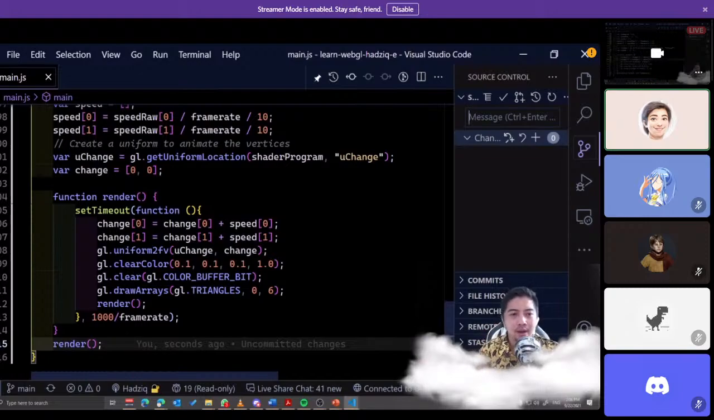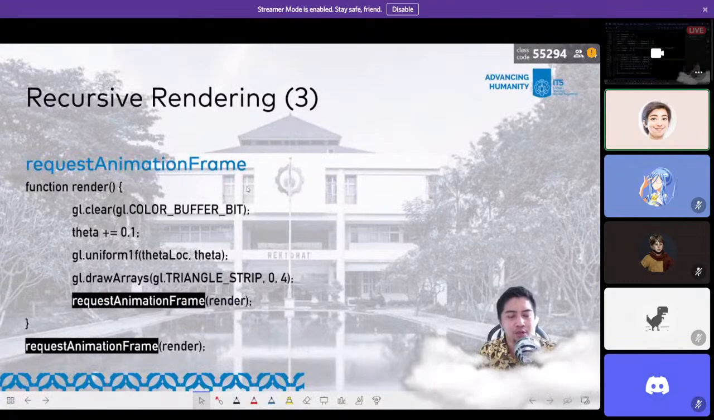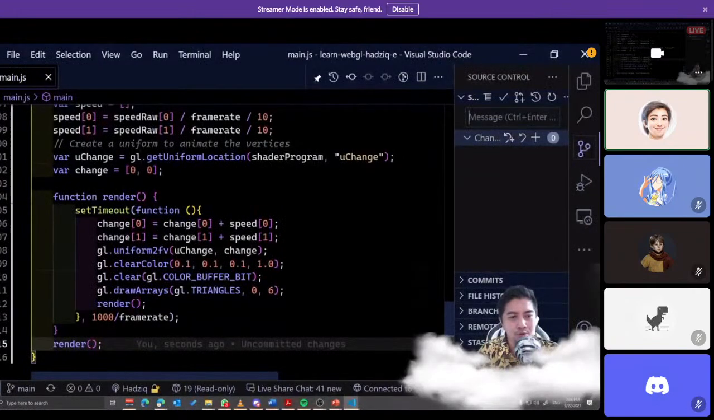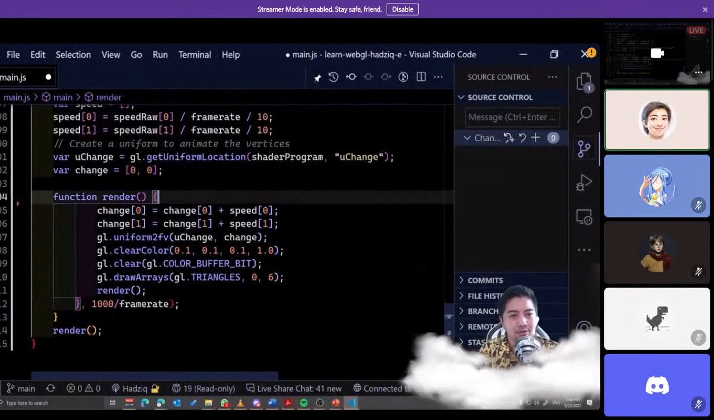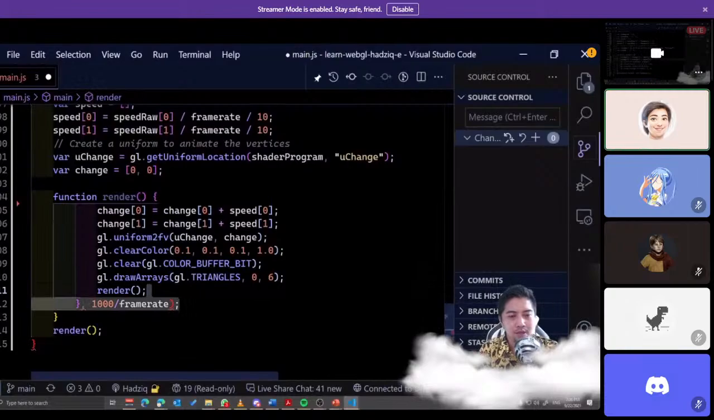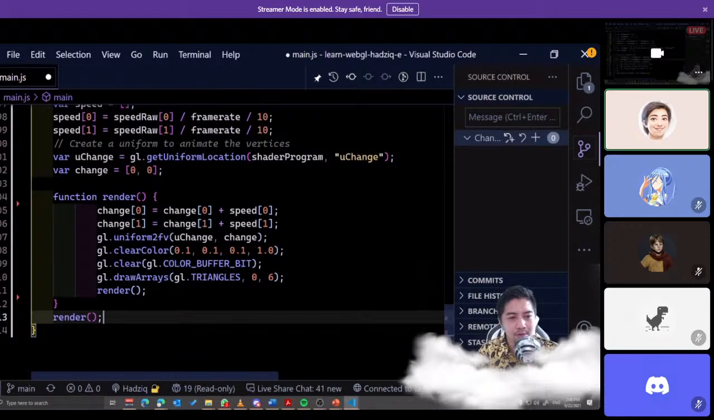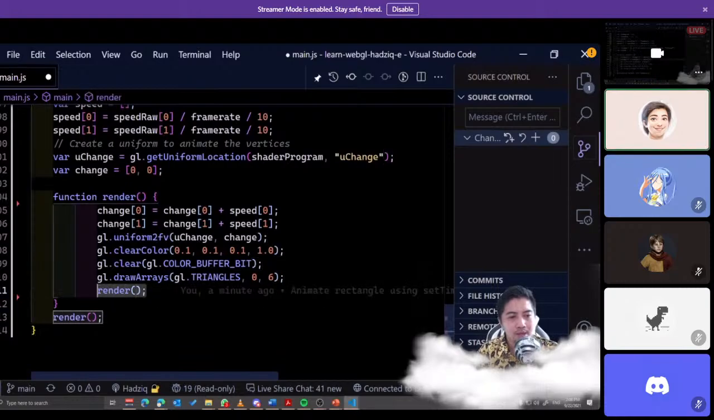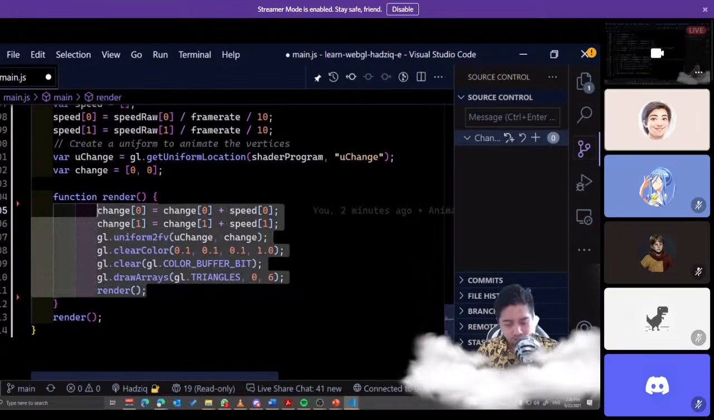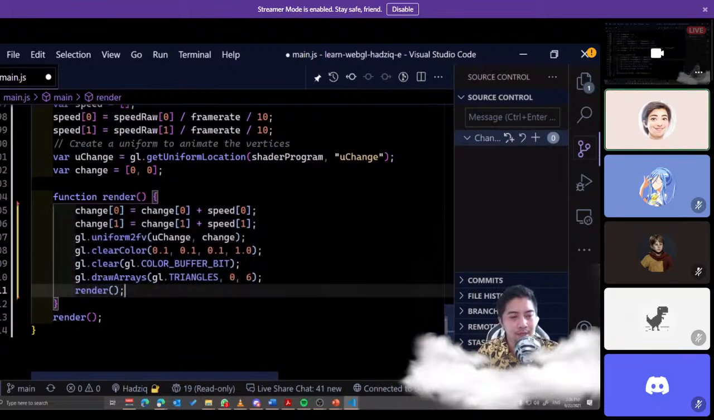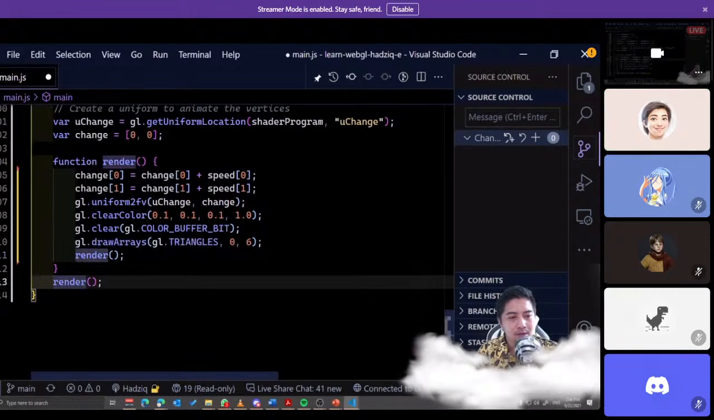Then we just let the request animation frame check what is the suitable, optimized frame rate for that particular device. So how to do that? We just simply put this out. We do not need this set timeout again. We still need to call the render function once, so you can just preserve this location of the render. You do not need to delete it. You just need to